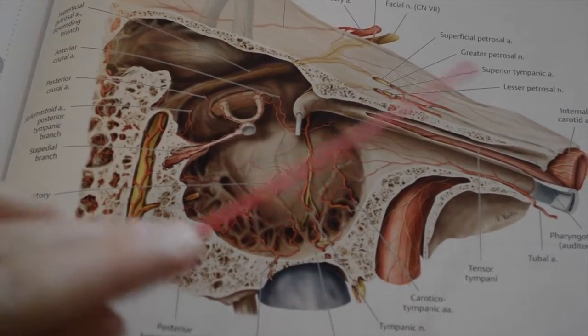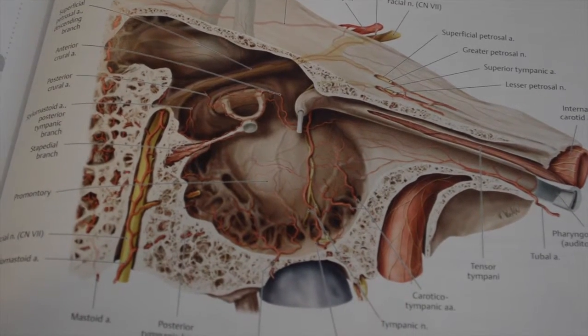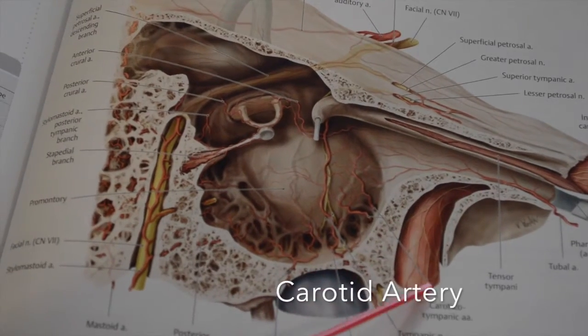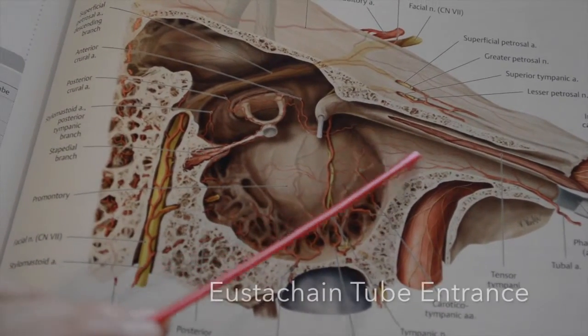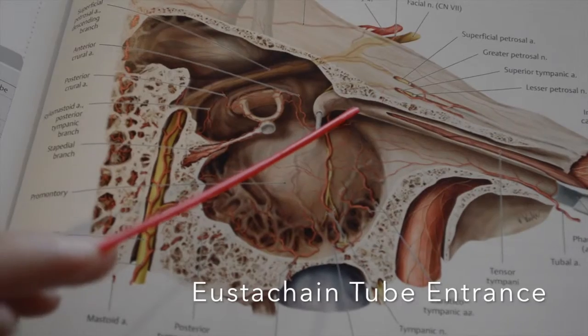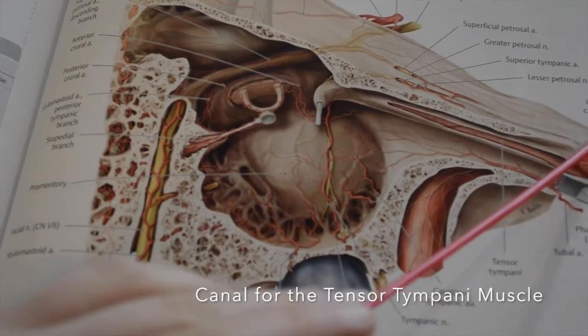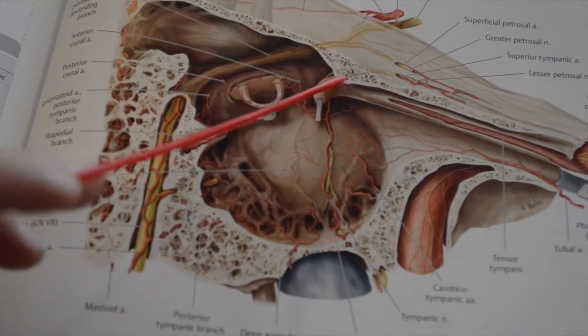Then over here, we have the anterior wall. The anterior wall is also referred to as the carotid wall because it has the carotid artery canal. We also have the eustachian tube entrance, and above that, we have the canal for the tensor tympani muscle. This is the cochleariform process,